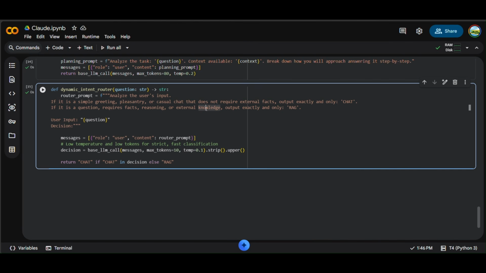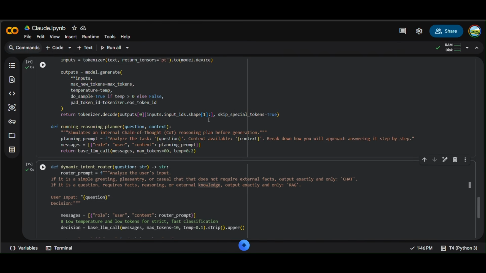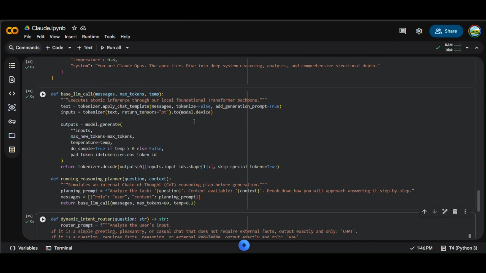And now, we are getting somewhere. The AI can now decide how much effort it should spend answering the question, but we still haven't actually generated responses yet. And now let's go slightly upwards here. This function is the heart of the system, base LLM call. Every time the AI model needs to think, classify, critic, revise, or answer something, it eventually comes through here. This is the point where all our architecture finally talks to the language model.